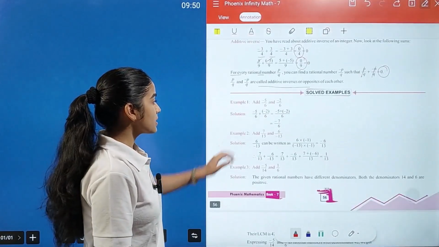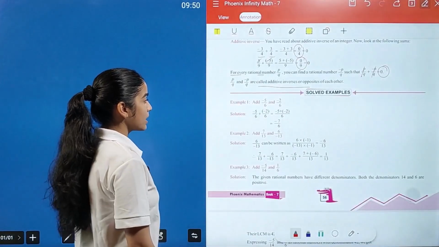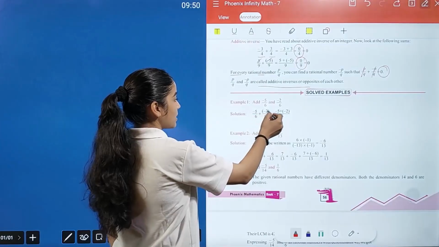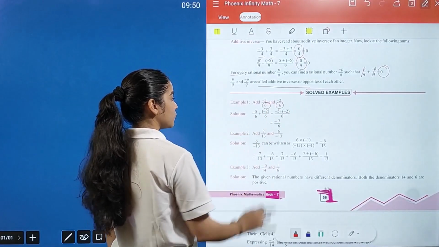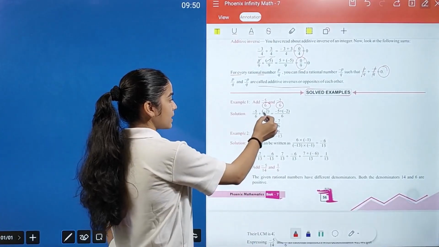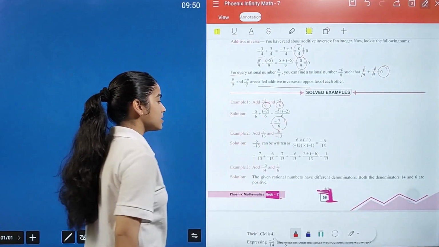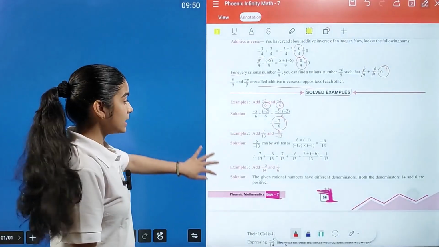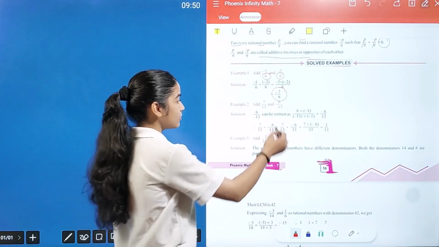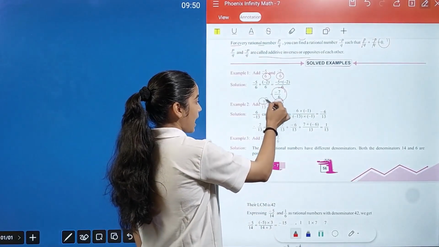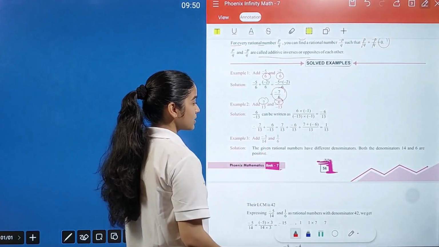So now we have minus 5 by 6 and minus 2 by 6. So minus minus. Both denominators are same. So we don't have to do anything. You just have to play with your numerators. Minus minus plus. So here you have your answer minus 7 by 6. Again in next question we have same denominator. So I hope students you understood what you have to do here. 7 and 6. Add them together and you will get your answer.